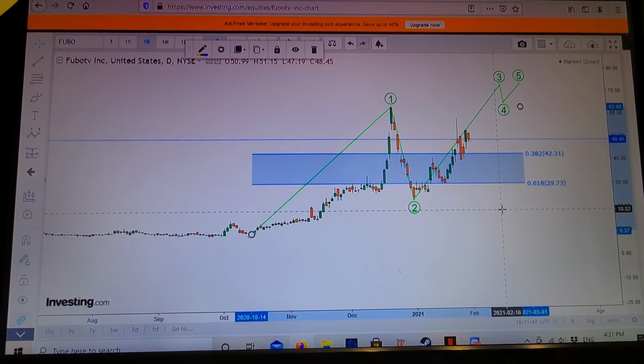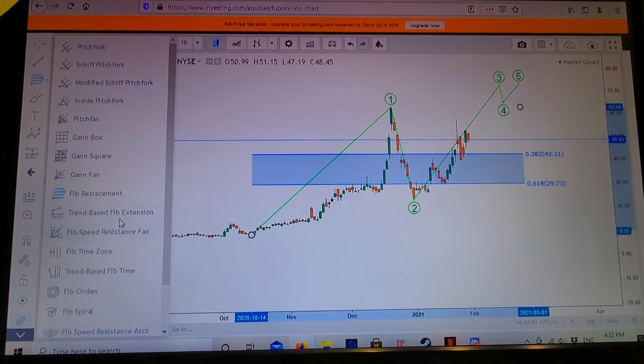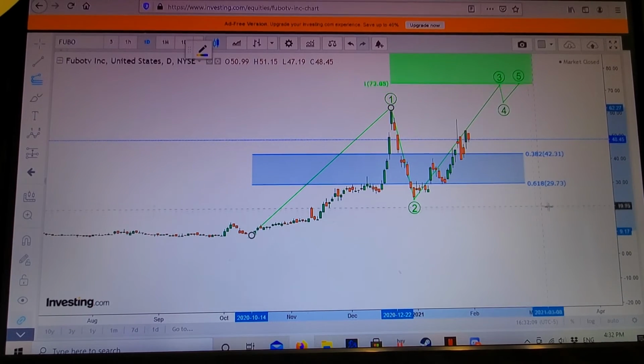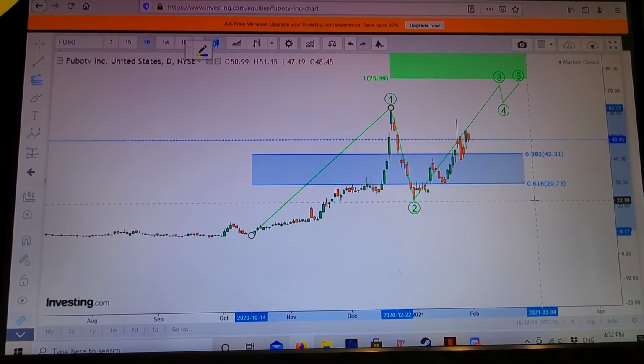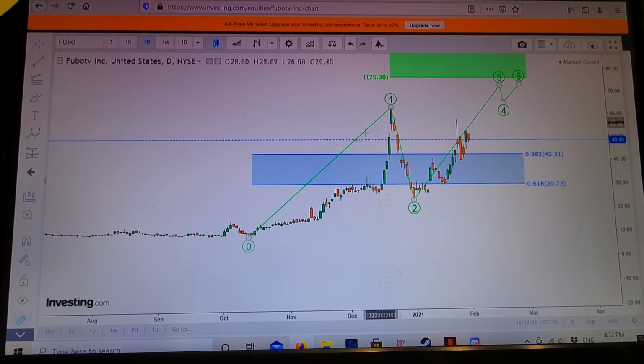So the next thing I would do is look for how high I think 3 could go, if potentially this was indeed the bottom of 2 by this retracement, including this 1, 2, where does 3 want to go. So I would measure that with the extension tool, bottom of 1, top of 1, and I would bring it down so I could see it, but we're lining up right here with the bottom of wave 2, and we get our green box there for price targets. So it's measuring the extension of this wave set here.